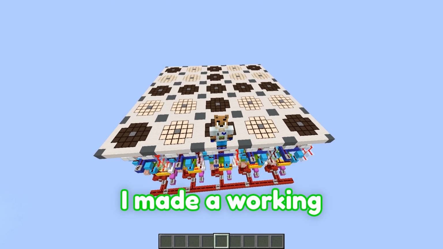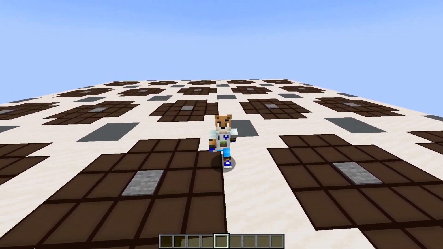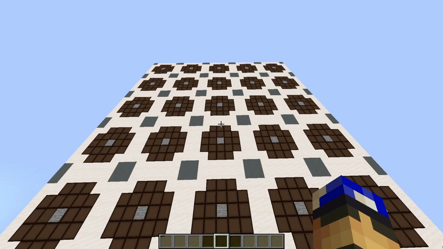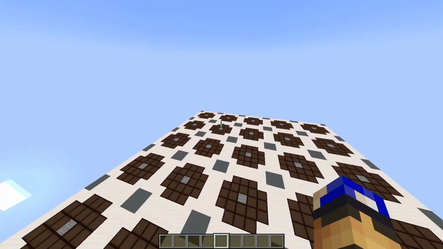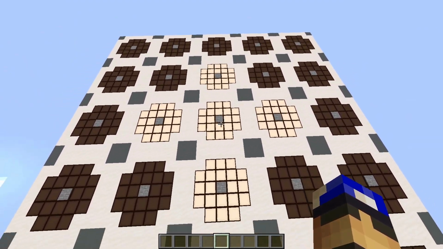Today I made a working lights out puzzle with just redstone. For those who aren't familiar with lights out, let me explain, it's really simple. The whole idea is that you have a board of cells that can be either on or off, and when you click on the cell, it inverts its state and the state of the 4 directly adjacent cells to it